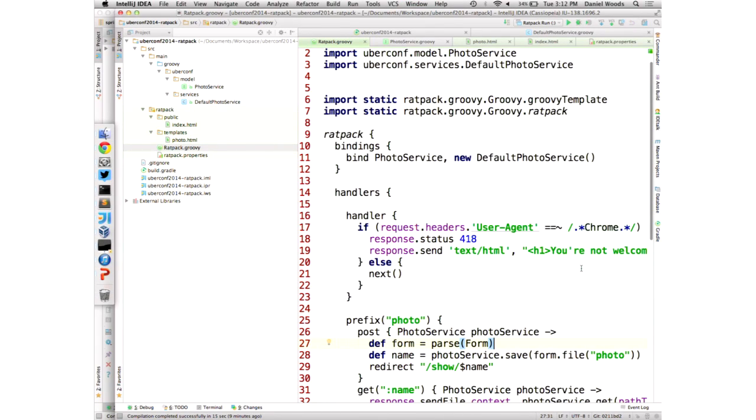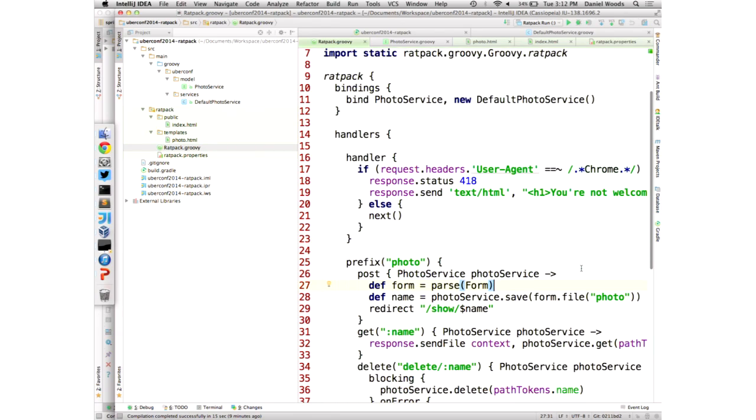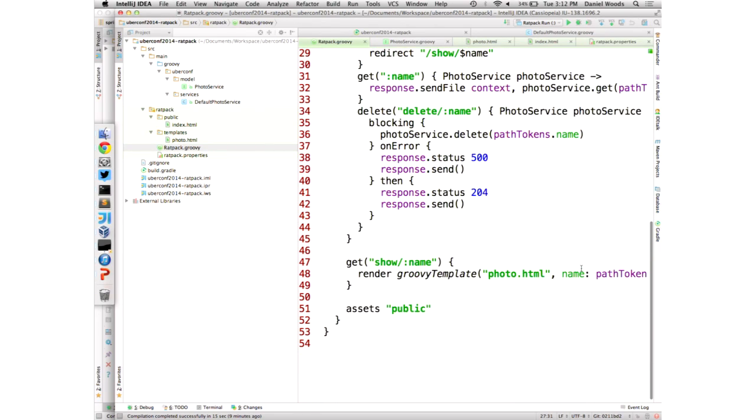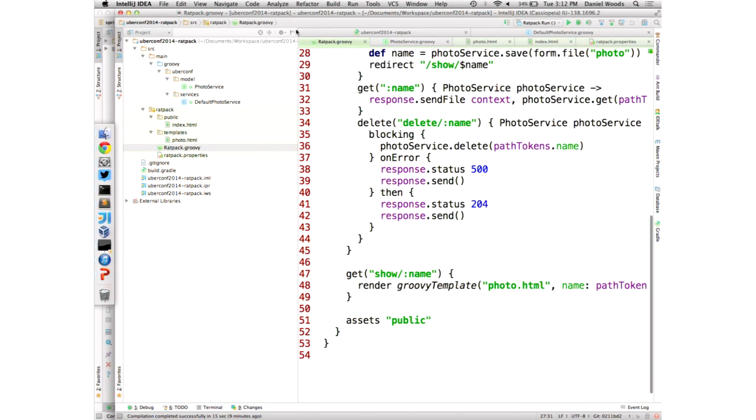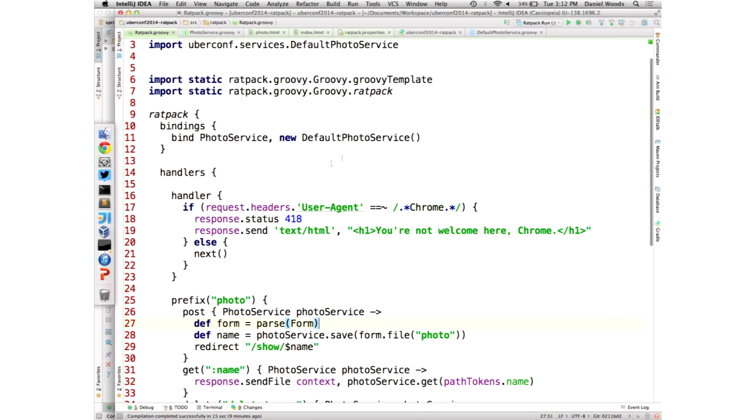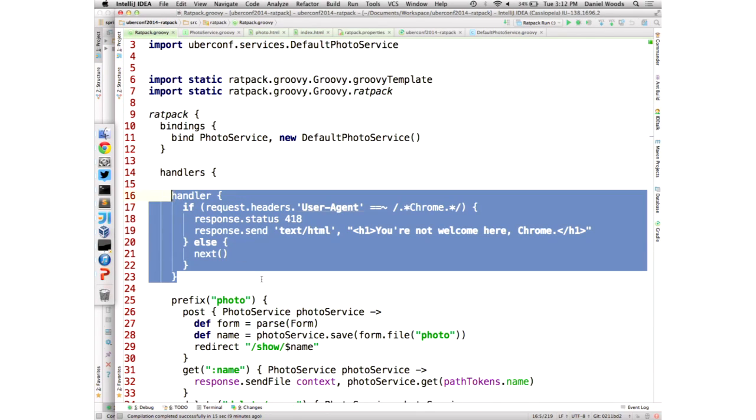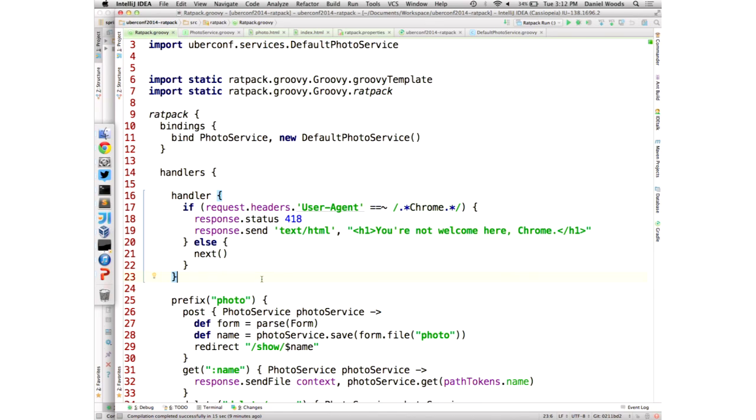So now what I've done is I have taken the same application that we just saw, right? Everything is exactly the same. I'm not trying to trick you guys. But the difference is that I've added a handler at the top here. And of course, order matters, right? Because we're chaining things together. Order is very important. I've added a handler at the top here to say, if the user agent is Chrome,